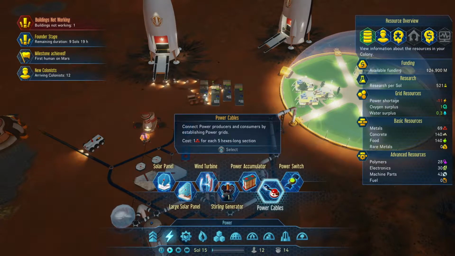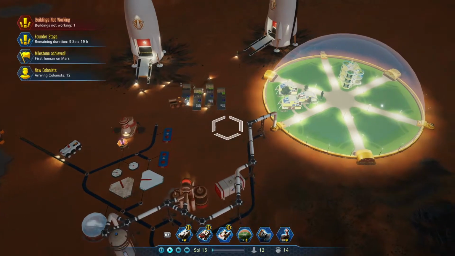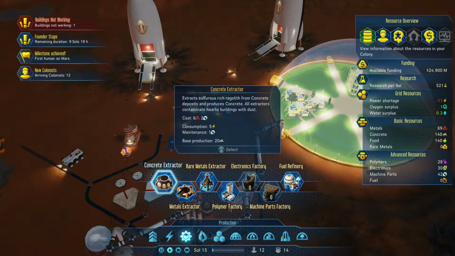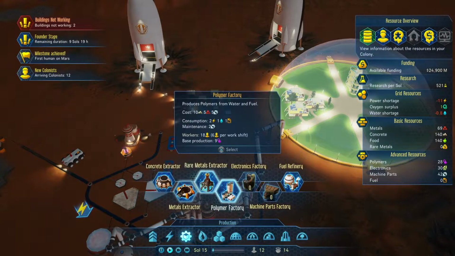69 metals, 140 concrete, plenty of food to start off with. We've got our polymers, electrics, machine parts. We're in pretty good shape. We're going to consider next time around to bring in some of the factories, right? So we're going to have to start producing our own stuff. We're going to need a polymer factory, electronics factory, and a machine parts factory. These things definitely need